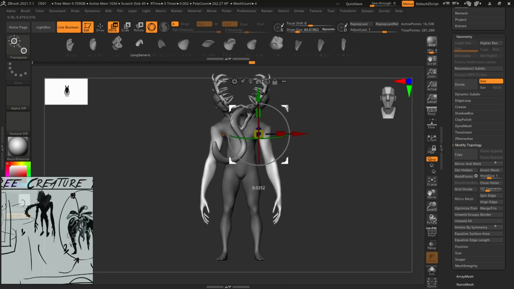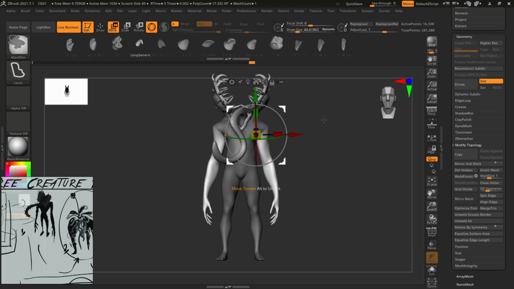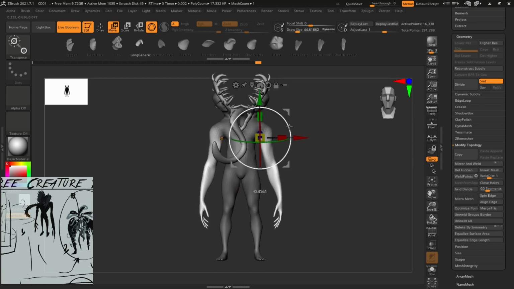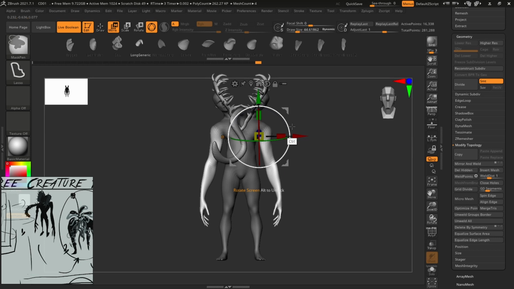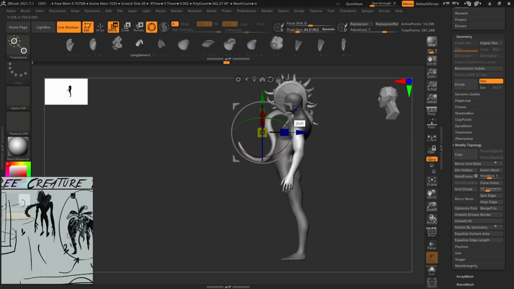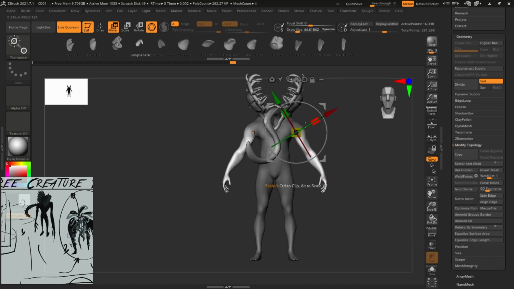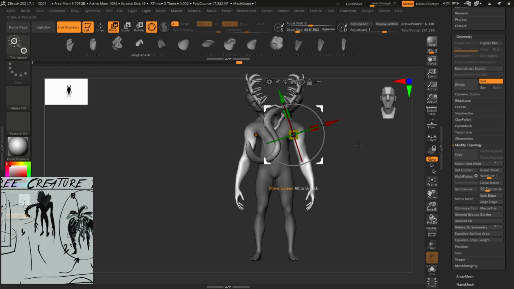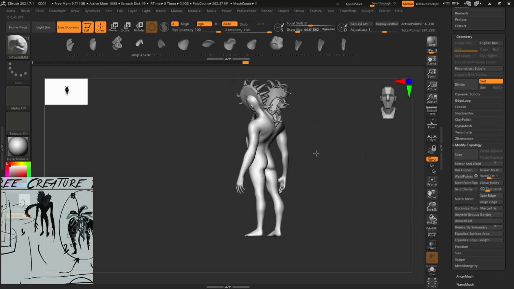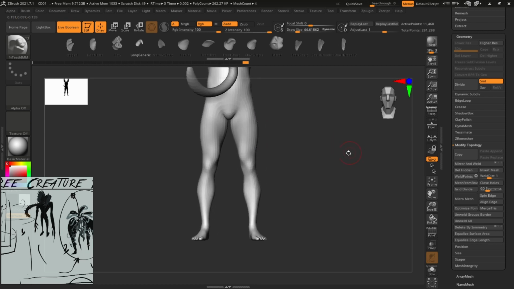The proportion looks a little bit off. Maybe it's too big. Just a little bit. I think we should change the feet also. Let's do this and